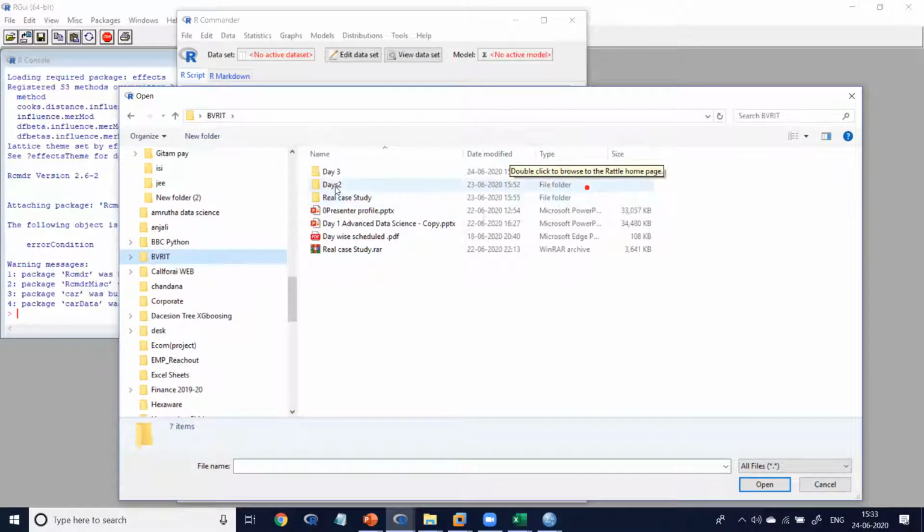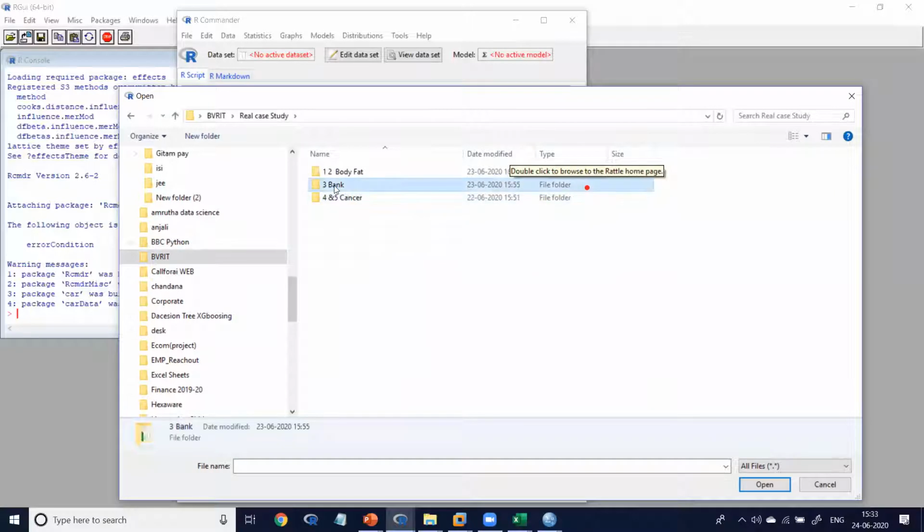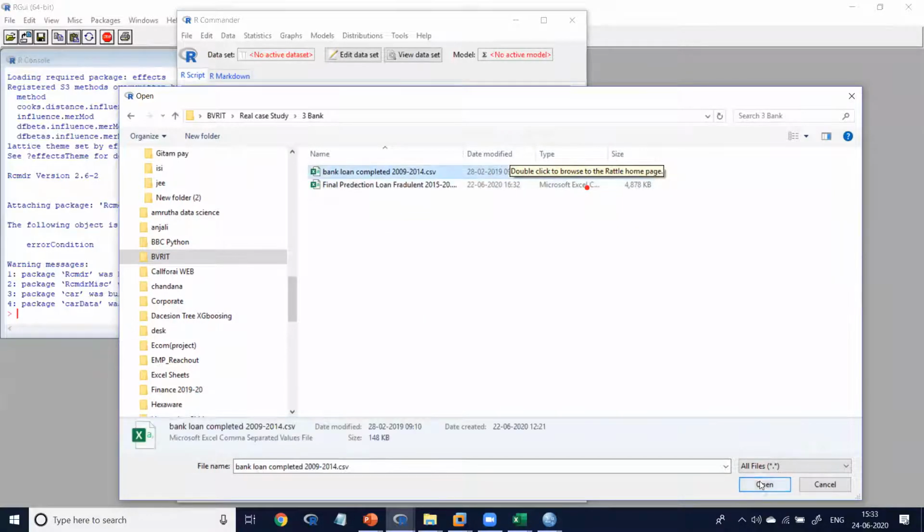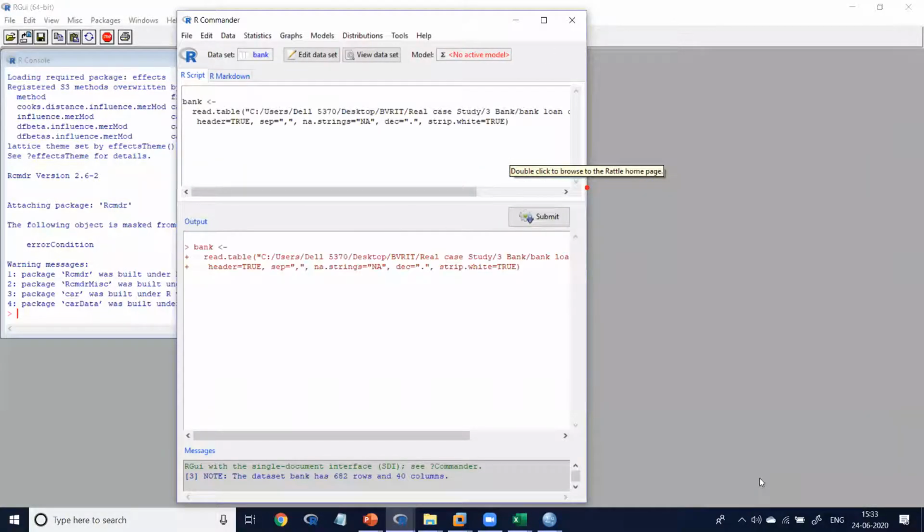BVRIT case study, the same bank data, I'm accessing. One hour, five tools, one model. It takes a minimum of one month to cope with all this. Why should I take one month?